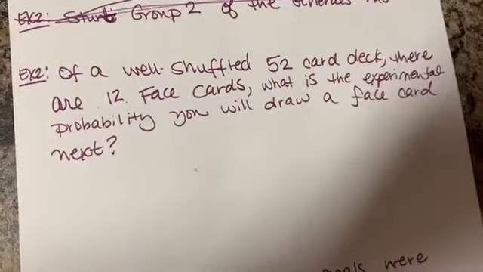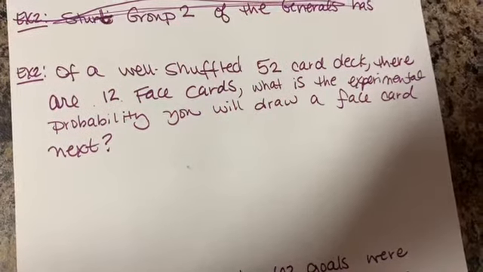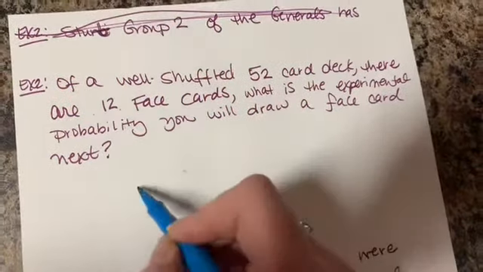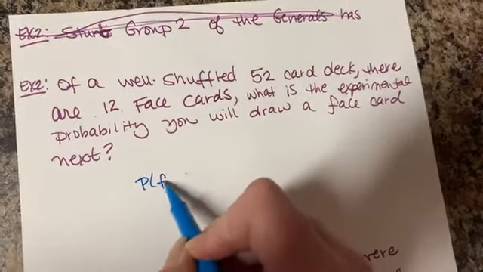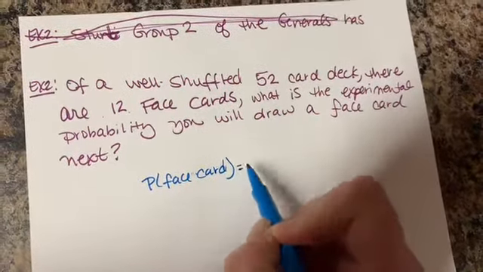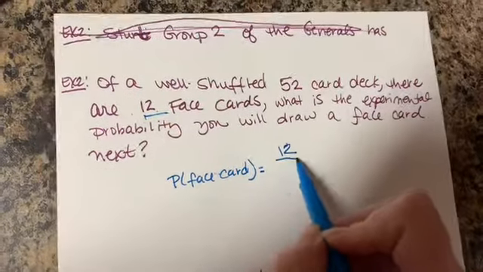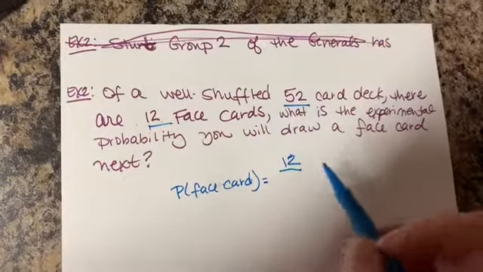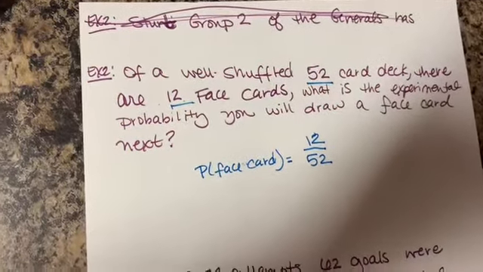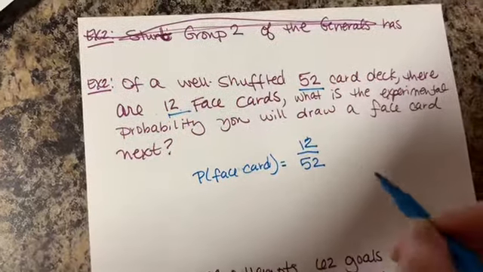A shuffled 52 card deck. There are 12 face cards. What is the experimental probability that you will draw a face card next? So the probability that you'll draw a face card is equal to the number of face cards divided by the total number of cards. So in your calculator, you just do 12 divided by 52. And when you do, you will get